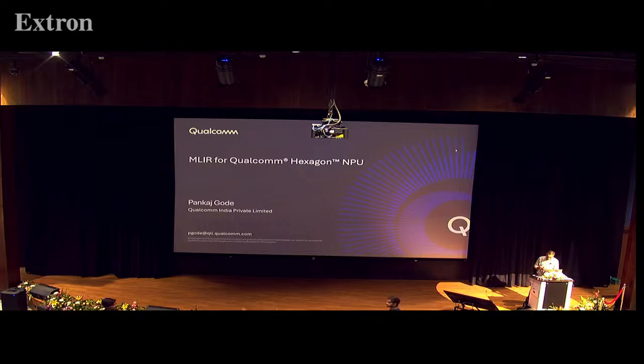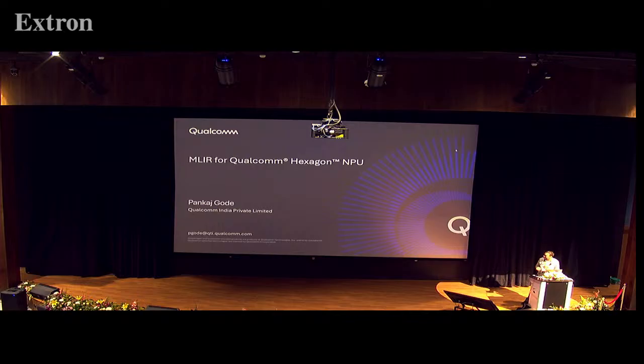So we have covered almost most of the projects on which we work at Qualcomm. The two things which we were not able to present are what I would cover here, and that is the most interesting one: the Hexagon and the NPU.